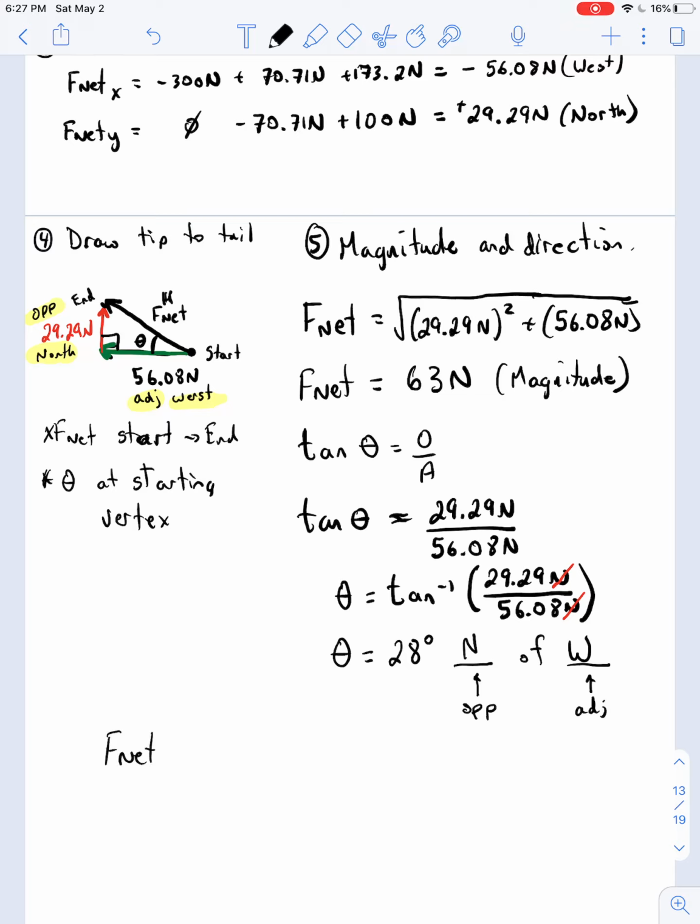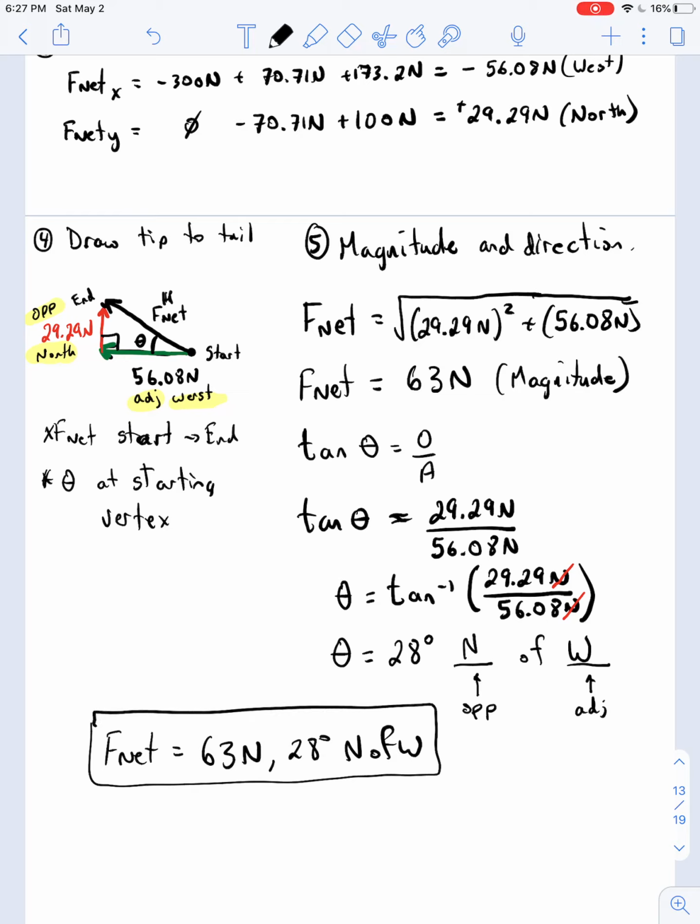So putting that all together, then Fnet has both a magnitude of 63 newtons, and a direction of 28 degrees north of west. So that's how you find the resultant, or the